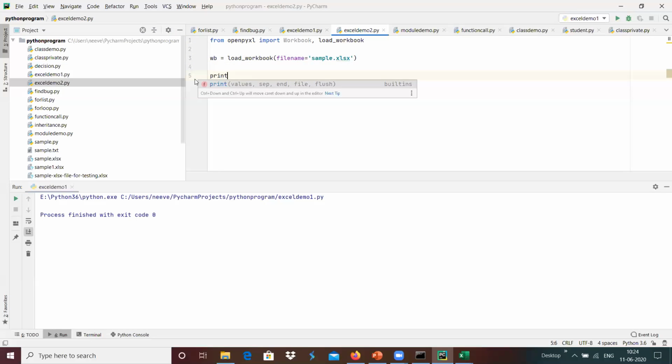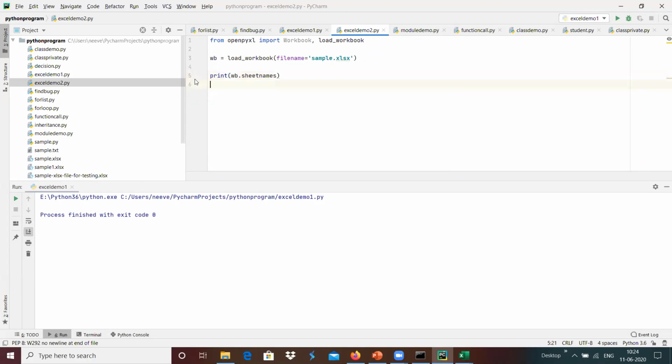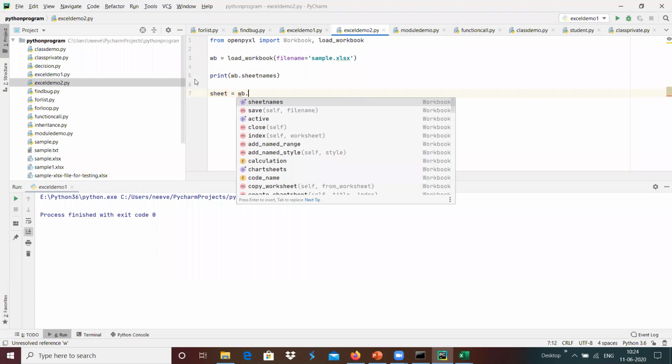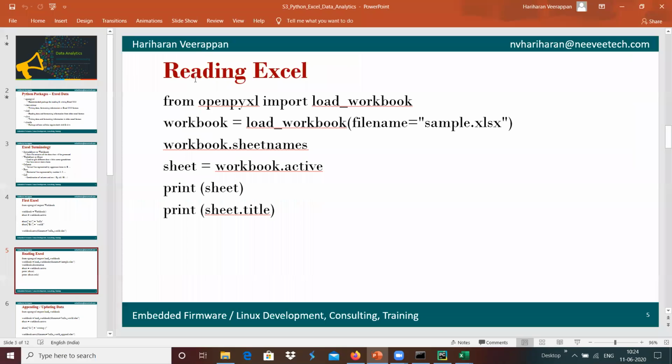I'm going to do print of wb.sheetnames, and then create a sheet which is the active sheet, wb.active.